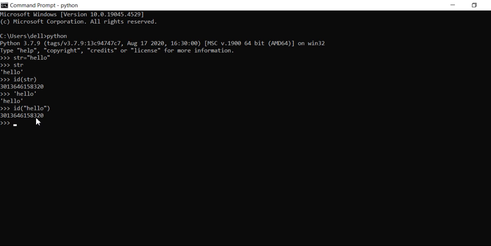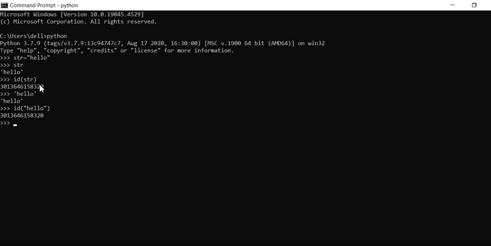Is it not the case that Python will allocate new memory for this object? Scratch your mind. No, Python will reuse the same object which has been allocated previously. Both IDs are the same. Python will not allocate new memory for this string. Python has already allocated memory for this object here. And Python prefers to reuse the same object instead of allocating new memory for the same object. Is it clear to everyone? In reality, we can say that Python saves a lot of memory. So this is the reason why we are getting the same ID.